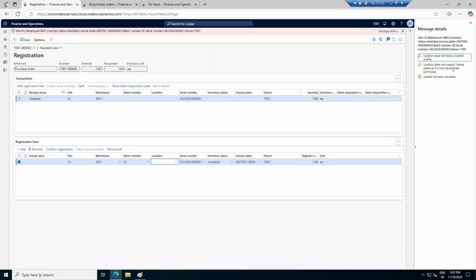So what system is showing, actually let me firstly delete this part. Okay, then it is asking location does not support license plate, location does not have location profile. So at the basic level, when you are working with the basic warehouse, these things will not come up. Only the site and warehouse is required. Okay, but then why it is showing, why it is showcasing? So it is showcasing because at the item level, if you come at the item level,